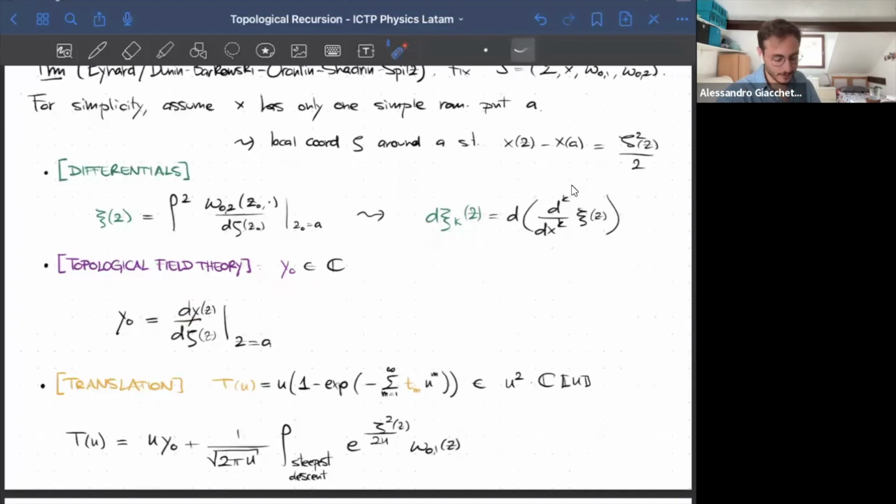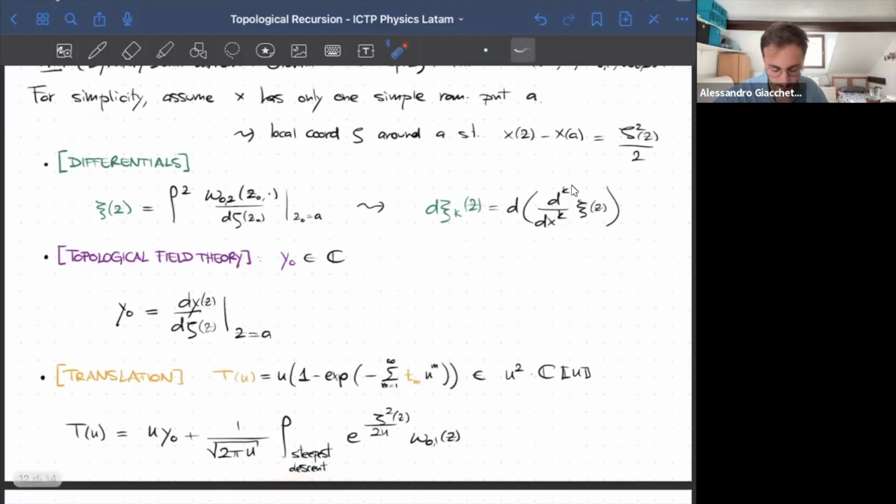The third datum that I want to define is something called the translation, which will be a formal power series which starts with u squared. And because of that, I can always write an object like this in this way. I can write this T of u, this formal power series, as u times 1 minus an exponential. And I can collect all the coefficients in the exponential as this T_n. So this is just a fancy way of describing a bunch of numbers. But this T of u is defined as